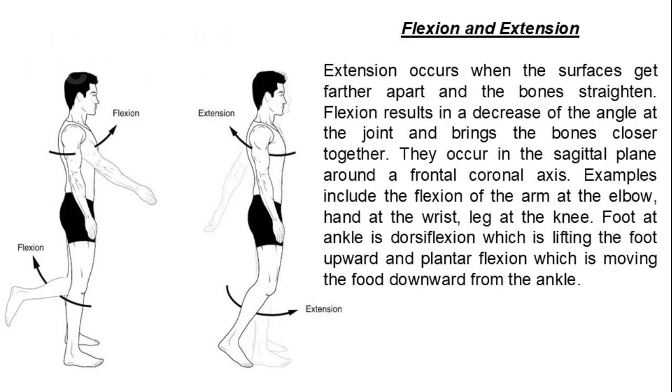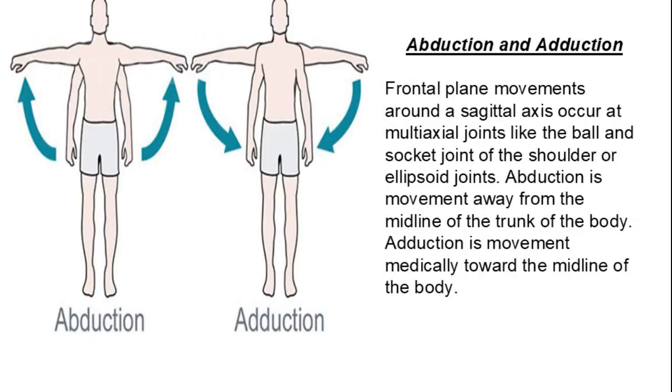Extension occurs when the surfaces get farther apart and the bones straighten. Flexion results in a decrease of the angle at the joint and brings the bones closer together. These movements occur in the sagittal plane around a frontal coronal axis. Frontal plane movements around a sagittal axis occur at multiaxial joints like the ball and socket joint of the shoulder